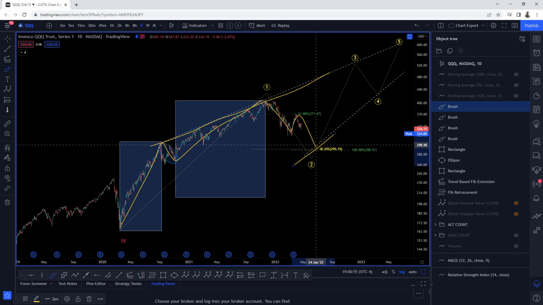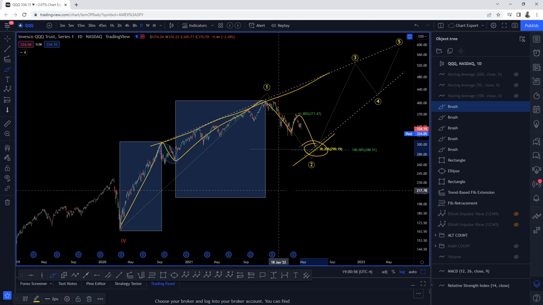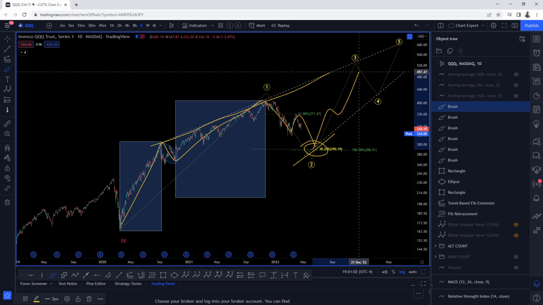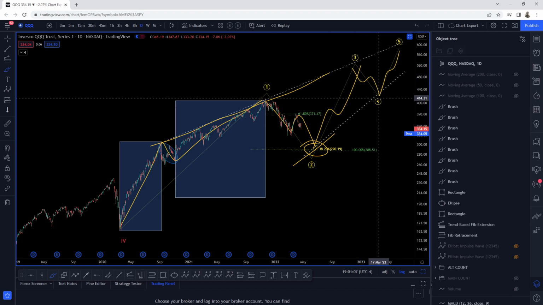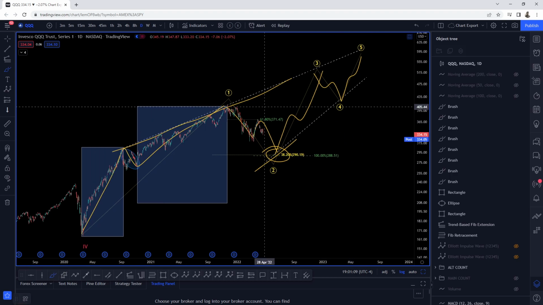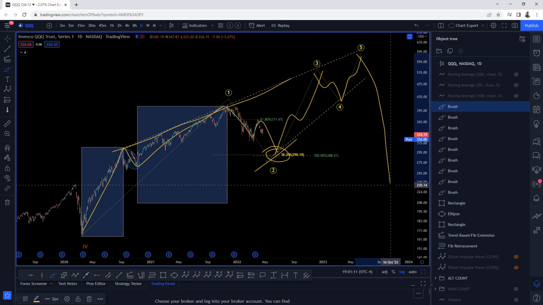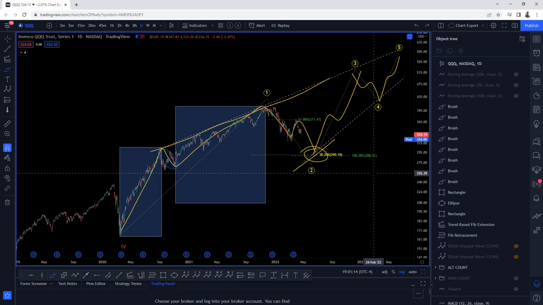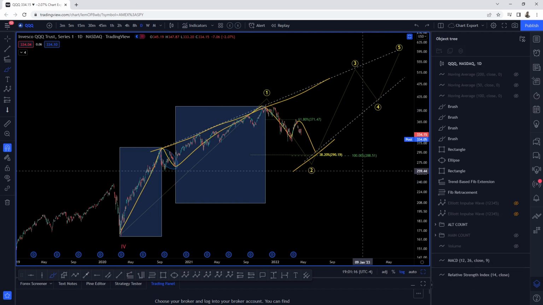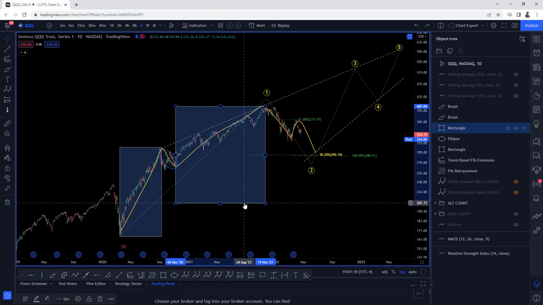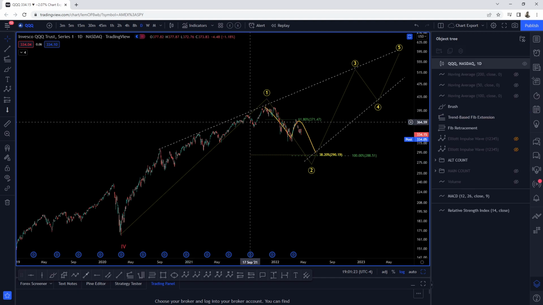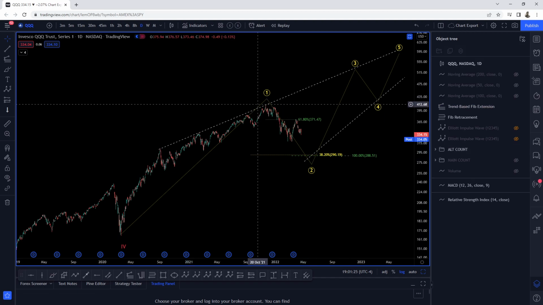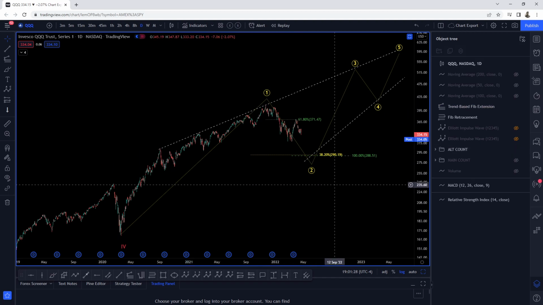Okay, wherever this lands, I'm looking for it to complete down in this area between the 288 and 290. And then we're gonna get another 1, 2, and 3 waves. And then we get another 3 waves down, and then another last 3 waves up before we then are met with our larger correction to the downside. Okay, that is my perspective, rather. Okay, so considering that this may be a 3 wave or a 5 wave, I am looking at this as a wave 1. The implications are still the same, right? We're still looking for a 3 wave pullback into the wave 2.